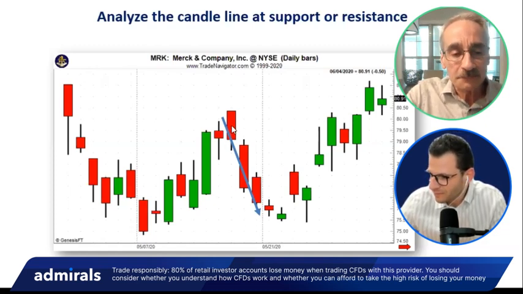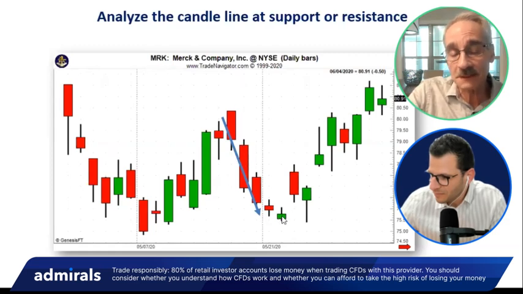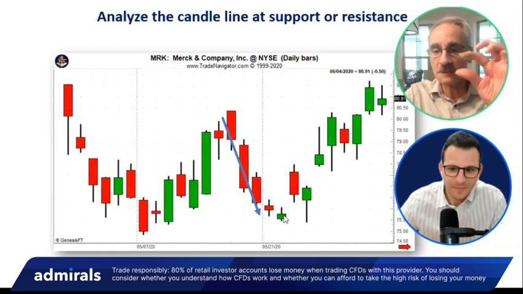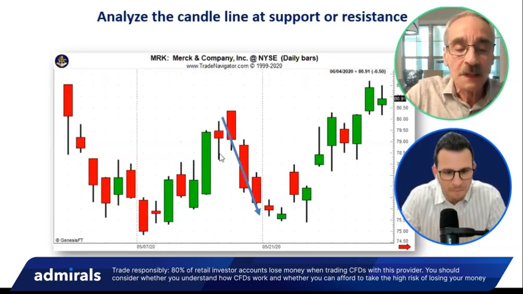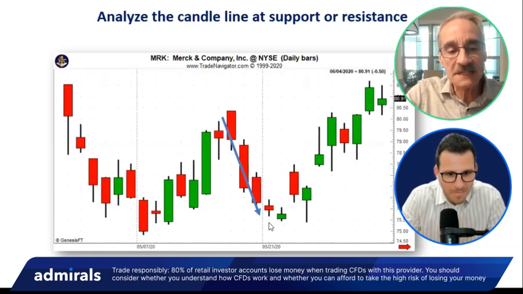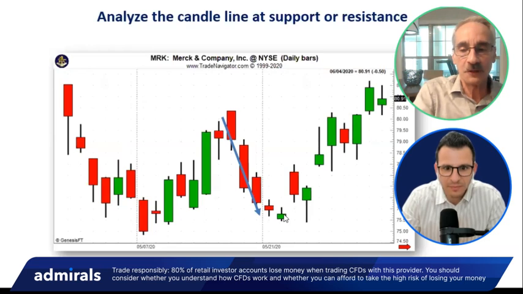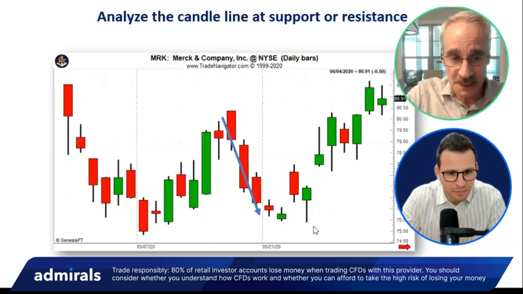What I like doing is looking at what's happening with the real bodies in the downside momentum. See, the real bodies are getting smaller and smaller. So that means the bears are losing control. It's still a downtrend, but what's nice about this is as the market got to support, the bears were losing momentum or the bulls came in very aggressively. And then you got some bullish confirmation with a hammer.